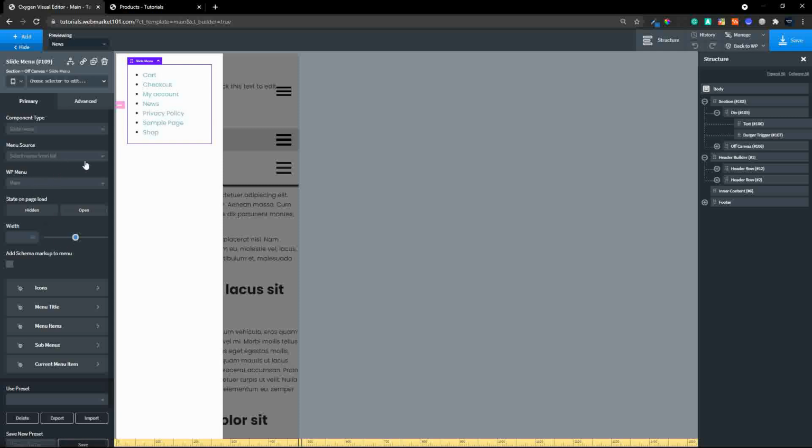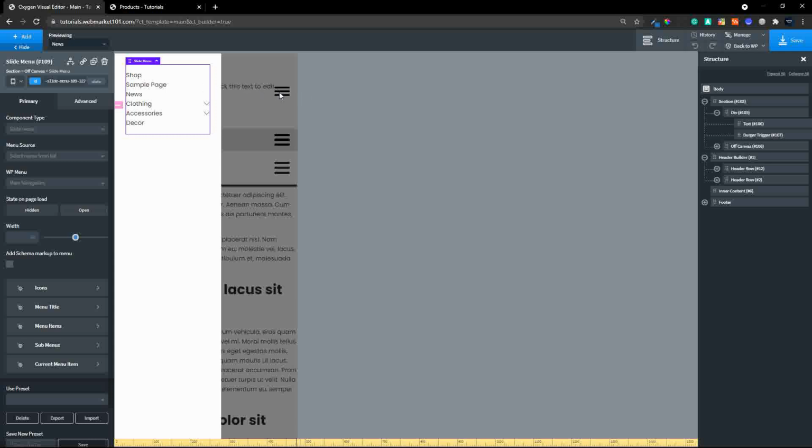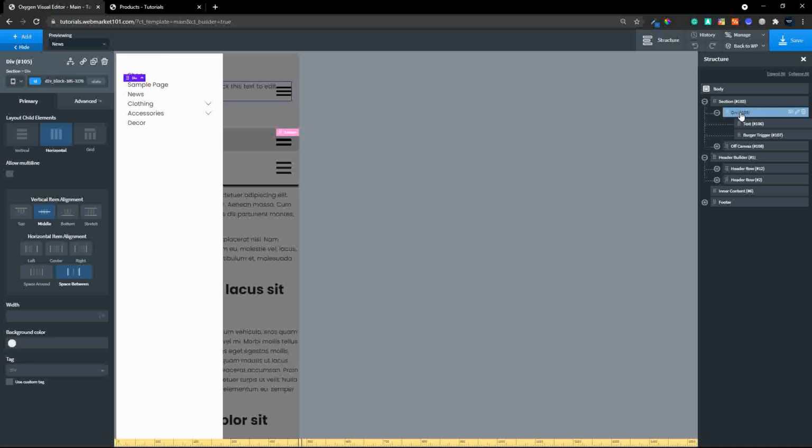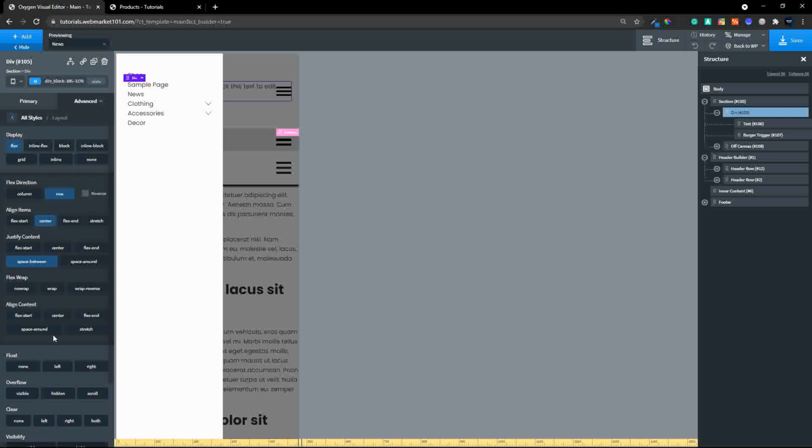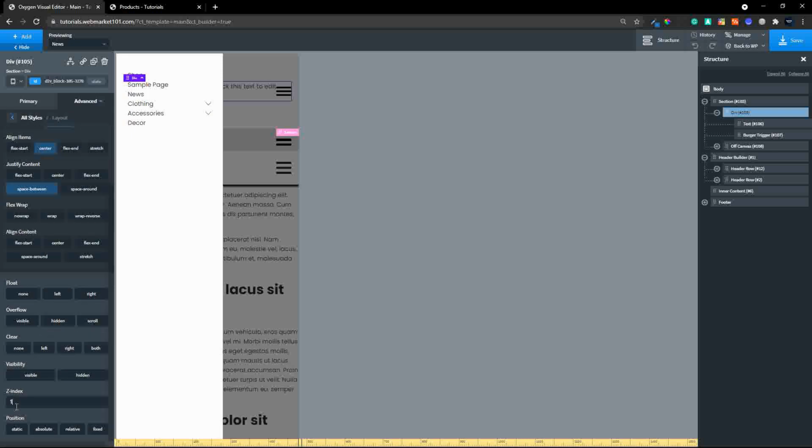I'll head over to the WordPress menu here, and I'm going to choose main navigation, and you'll see now that it changes and some of the behavior is already in place. So we just need to do some formatting there. What you'll also see is that this is on top of the menu, and for this to work we need to have the header menu section above the off canvas section. So to change that, I'm going to head over here to the div, head over to layout, and then I'm going to change the Z index there to 100,